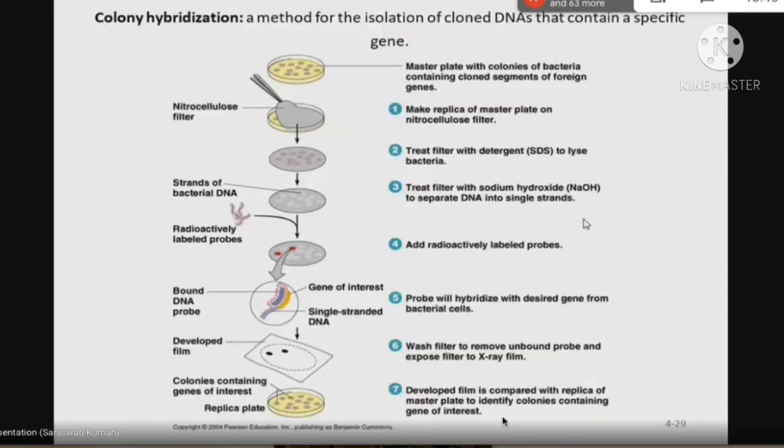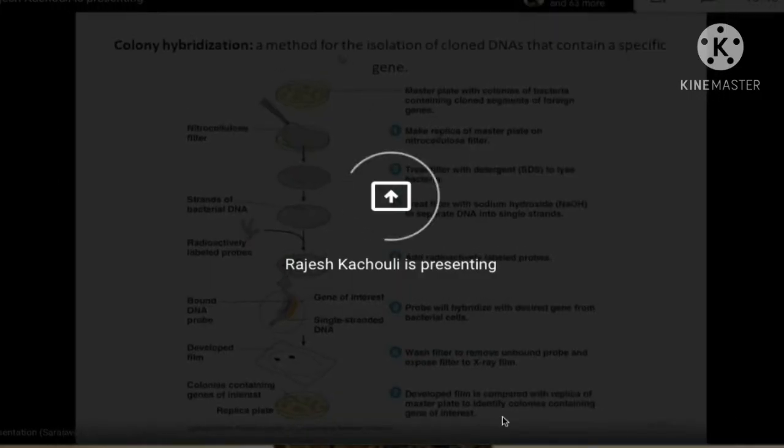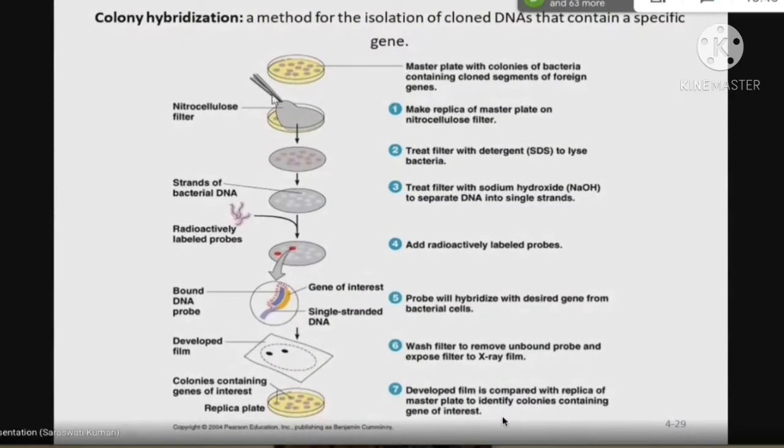Good. So you can see there how we do colony hybridization, and how we can screen that desired clone or desired colonies from the thousands of colonies in the plate or from the library. Suppose you wish to search which colony has your desired DNA sequence, desired DNA fragment clone. You don't know. By looking at the colonies, you cannot say which colonies have your desired DNA. Insulin gene is cloned, suppose.